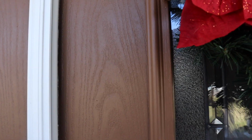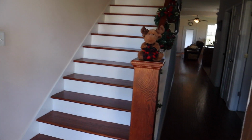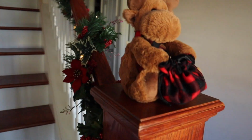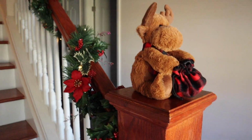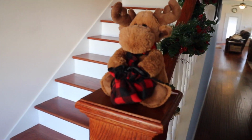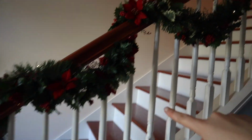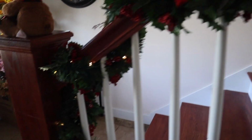Then you walk in, open the door, and Christmas! There's Christmas. I got it for Christmas from my grandma a few years ago, and he just sits here watching for all the guests coming. The stairway is all green. It has little lights on it that I put up, and then it wraps around, and then you keep walking,